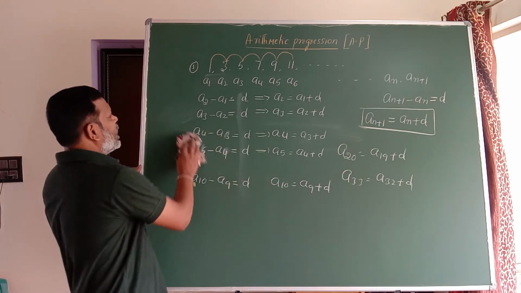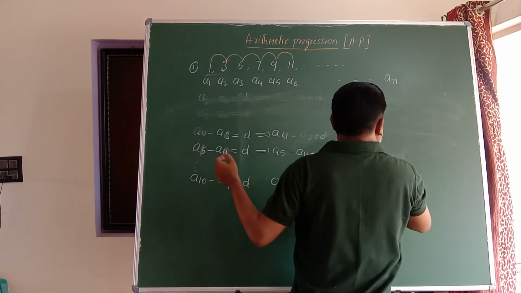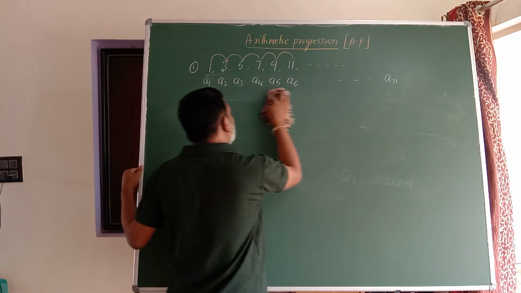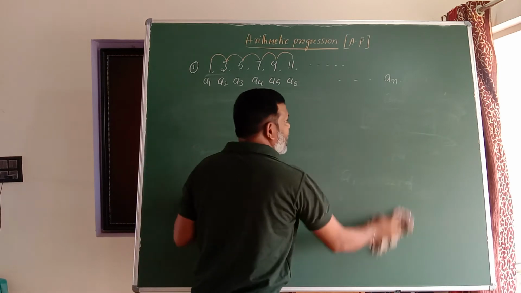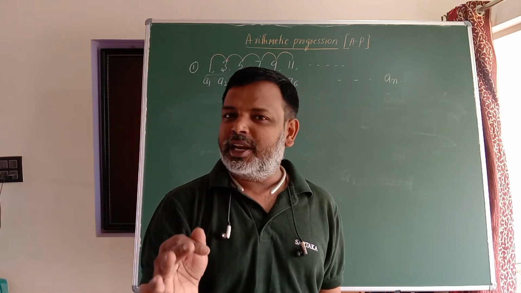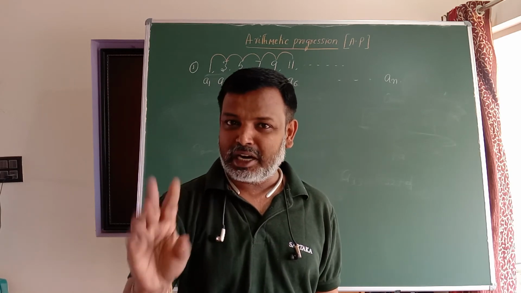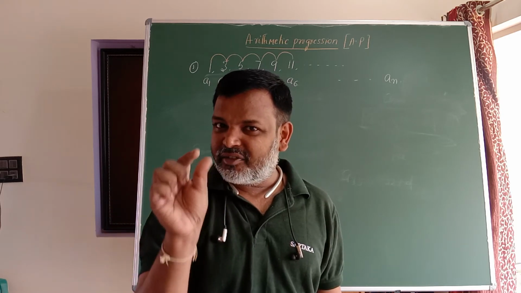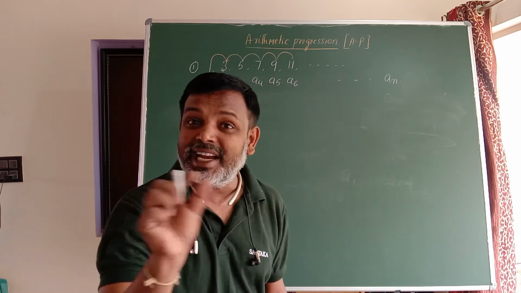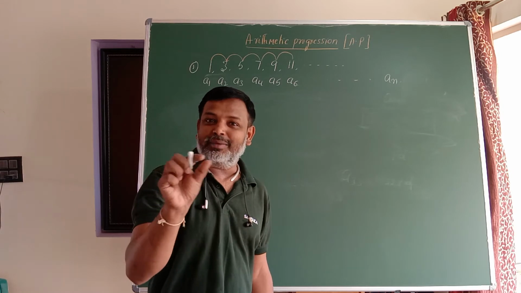So now I am going to explain what an arithmetic progression is. In a very simple and general way, an arithmetic progression is a progression such that the difference between every pair of succeeding term and preceding term is a constant, remains constant. That constant difference is taken as small d. What does small d indicate? Common difference. Keep in mind CD, we call it CD. CD is not Coffee Day. CD is nothing but common difference.